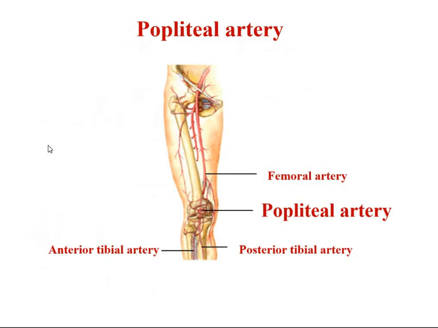ठीक है, so this is the anterior view आपका. This is inguinal ligament, inguinal ligament के beneath ये आपकी femoral artery पास करी, femoral artery ये posterior चला जाएगा. ठीक है, it will pierce the adductor magnus, it will go posteriorly, ये आपकी it will continue as your popliteal artery, and then it will divide into anterior and the posterior tibial artery. ठीक है,